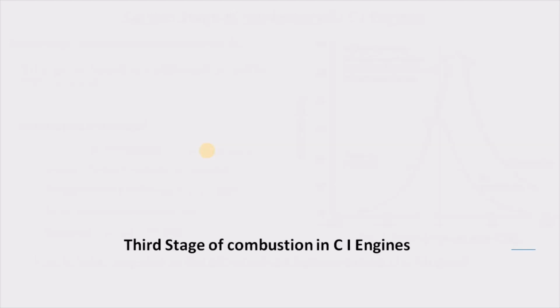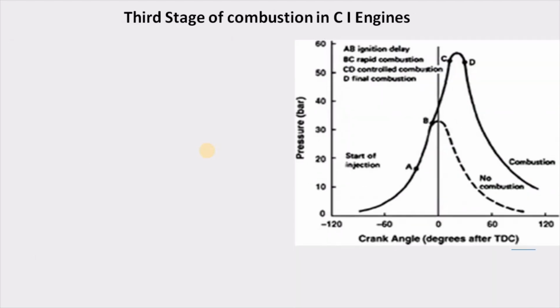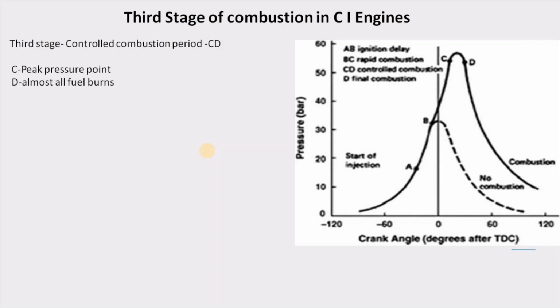Now let us move on to the next stage, the third stage of combustion, between C and D. This particular stage is called the controlled combustion stage. Now what is this point C? Point C is the point of peak pressure, and D corresponds to the point where almost all the fuel has been injected and is going to burn, and a maximum temperature is reached inside the combustion chamber. Thereafter, since the piston is moving away from the top dead center, the pressure is going to reduce,